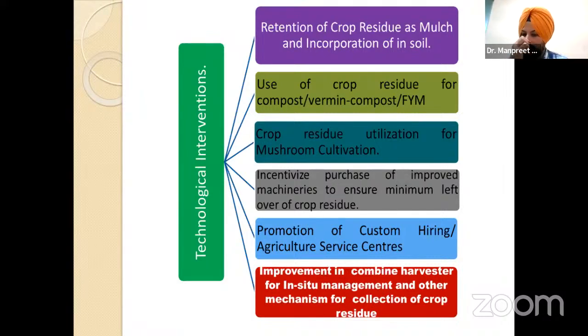उसके बाद लास्ट आ गया इम्प्रूवमेंट इन कंबाइन हार्वेस्टर फॉर इन सिटू मैनेजमेंट। दिस इज ऑल्सो वेरी इंपॉर्टेंट। जैसे कंबाइन हार्वेस्टर में जो हमारी इंप्रूवमेंट की गई है इन सिटू में, जिसके साथ तभी बोलते हैं कि हार्वेस्टिंग करनी चाहिए जिसके साथ एसएमएस लगा हो।